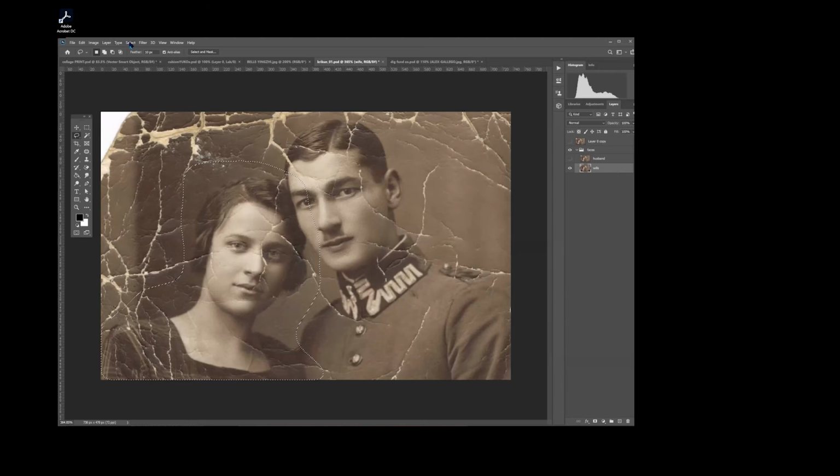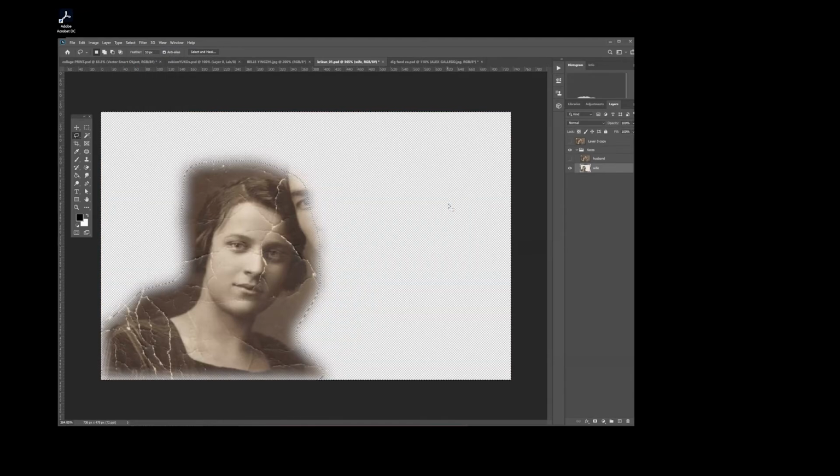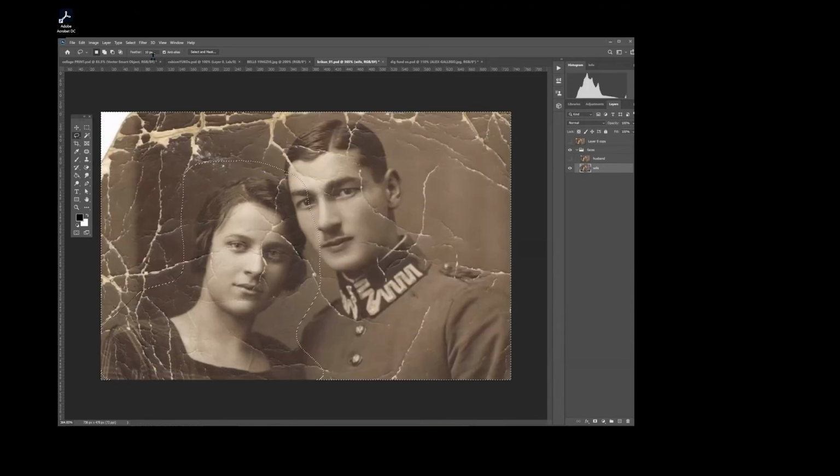So I come up here to select, and I inverse, and I simply hit delete. Now, the reason why that's a soft focus is because I have feather up here. Let me do it again. If I take feather off